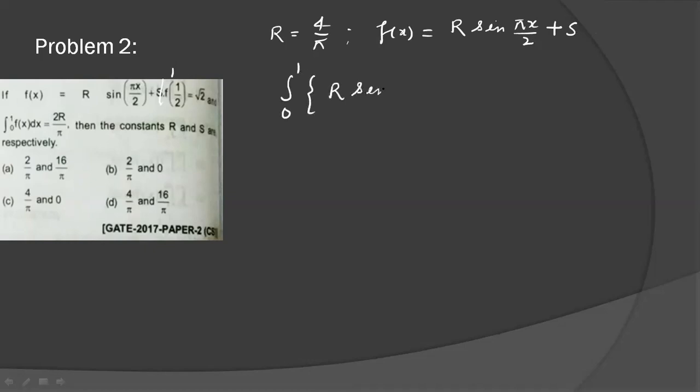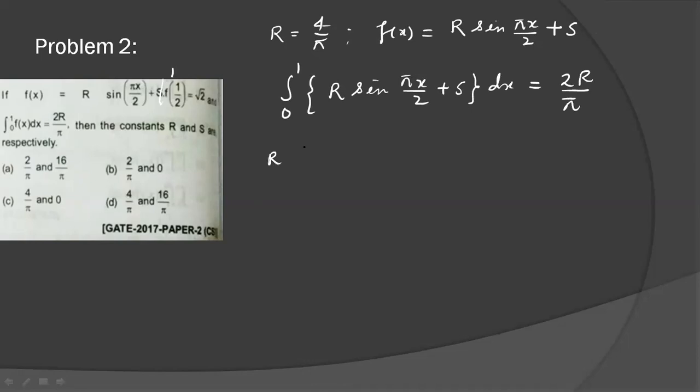Now you have r as 4 upon pi, and fx is r sine pi x by 2 plus s. Remember this one, the question: derivative at 1 by 2 is root 2. Now integral 0 to 1 fx, put the value of fx here: r sine pi x by 2 plus s dx